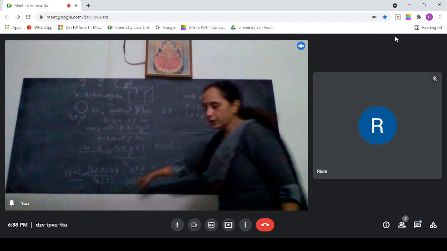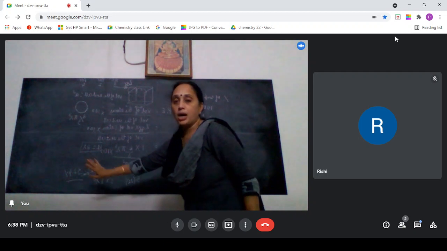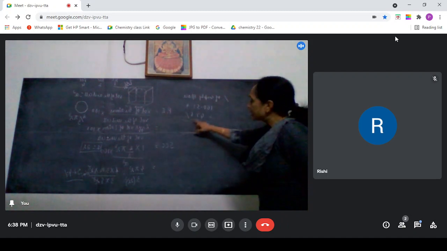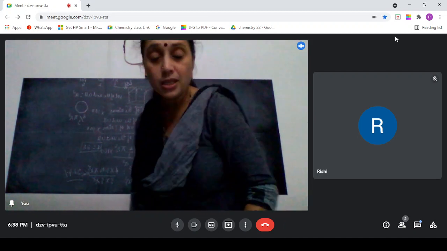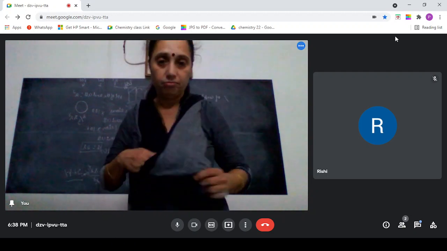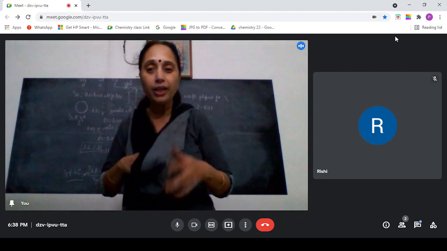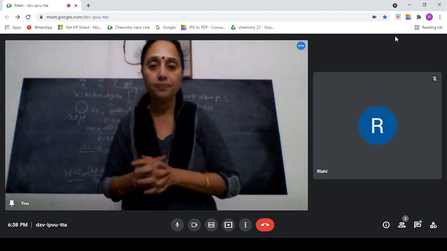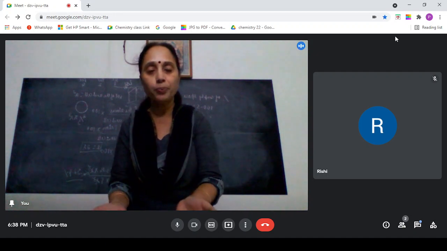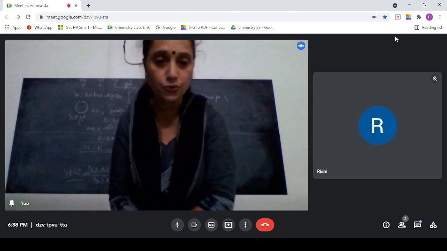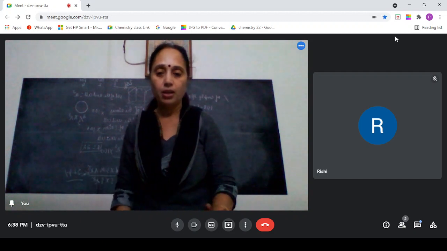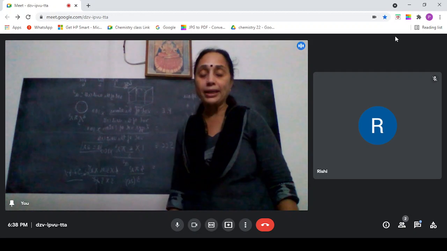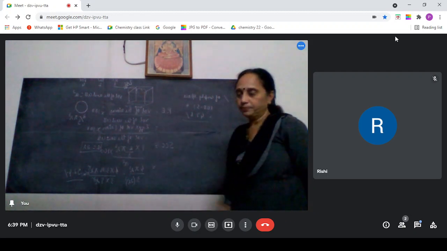Okay, for a simple cube, occupied is 52.4, so much is left. That means it is not an effective packing, because nearly only half is filled, half is empty. Only 52% means only half of the space is filled or half is empty. So it is not a very effective packing. Okay, write down this.